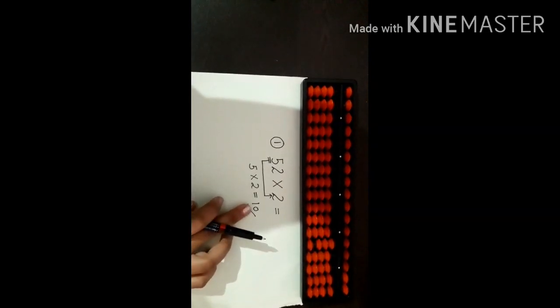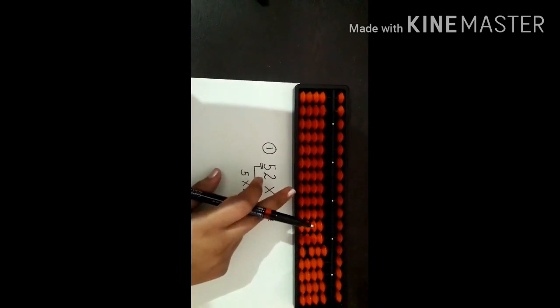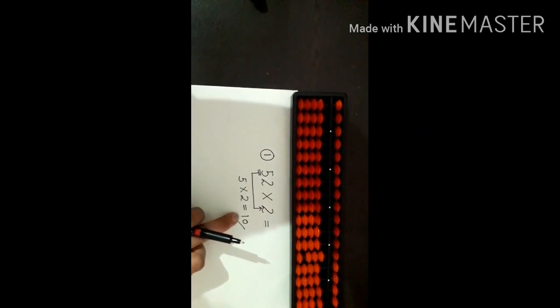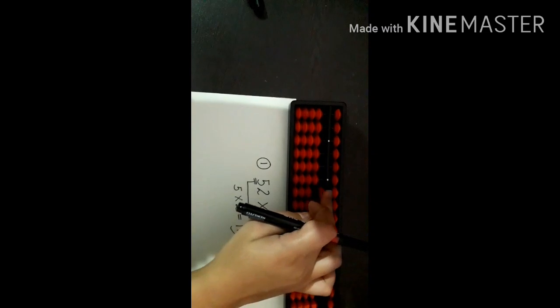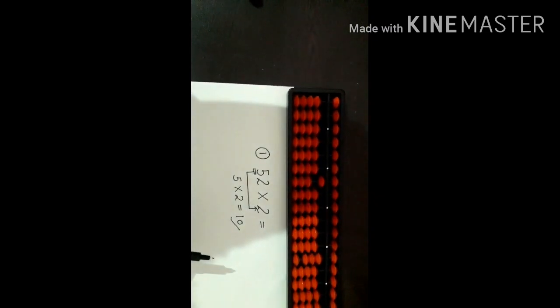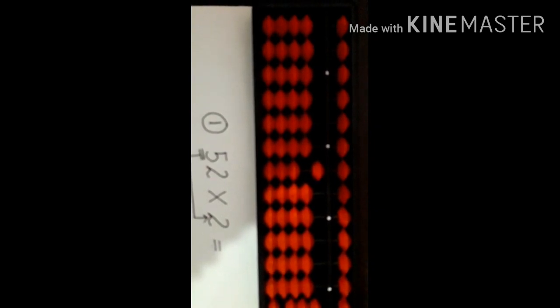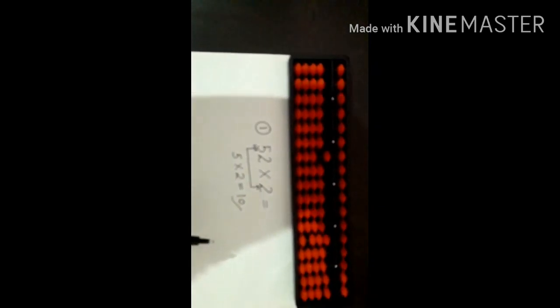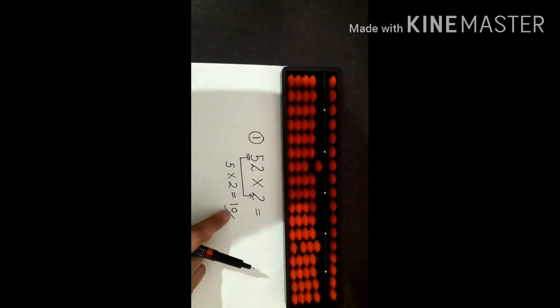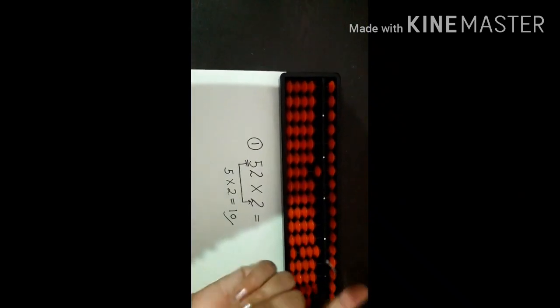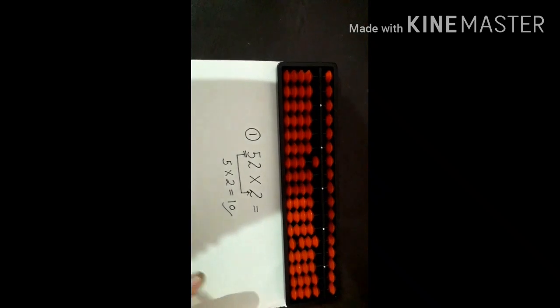Now it is 10. So from where will we start? We will start from the hundreds rod. So the first number is 1, so in the hundreds rod we will do 1. As you can see very clearly, I have done 100. Then 0. In the tens rod we have to do 0, but 0 means nothing, so we will do nothing in this tens rod.